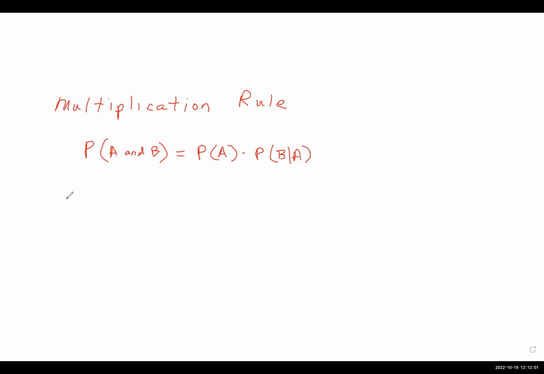Anyway, what I want to do is separate out this one term, and I do that through a simple little algebra 1 step. Right now, the probability of B given A is multiplied by the probability of A. To get it by itself, all we do is that little thing we used to do where we divided both sides by the same thing. So if I divide on both sides,